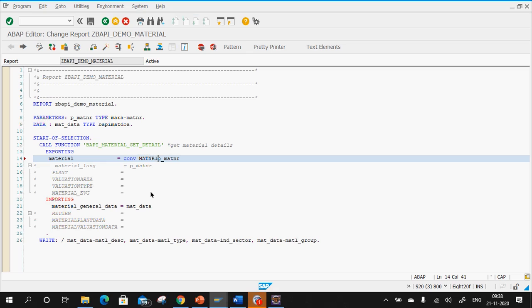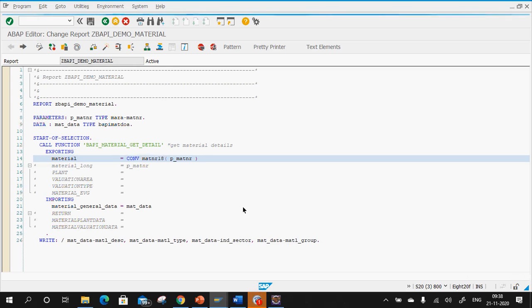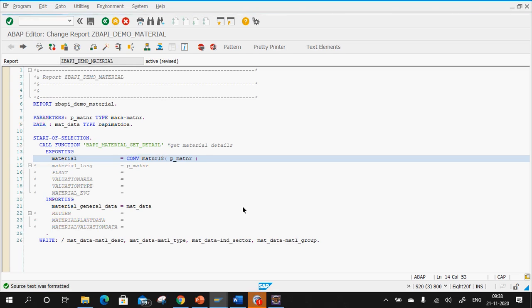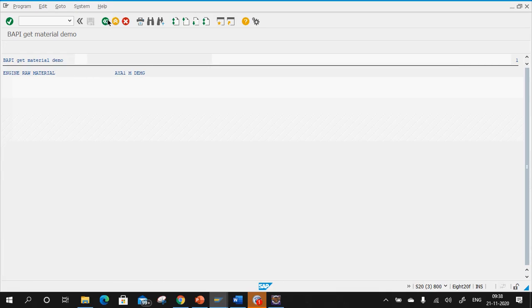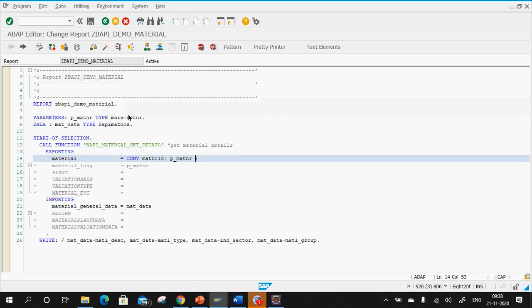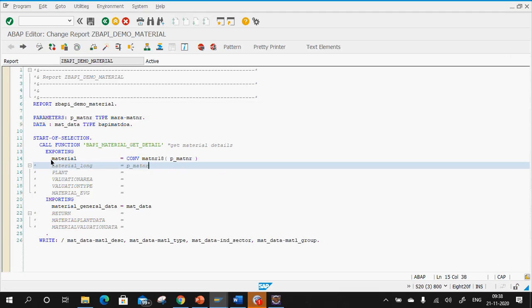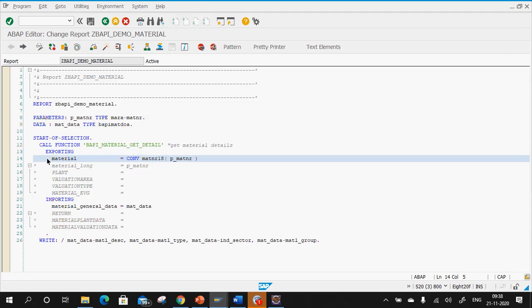Now suppose I use this CONV_MATNR_18 convert, shift and F1, and now if I execute, see here the output came. So either you use this convert runtime to MATNR 18 of the same type as this, or